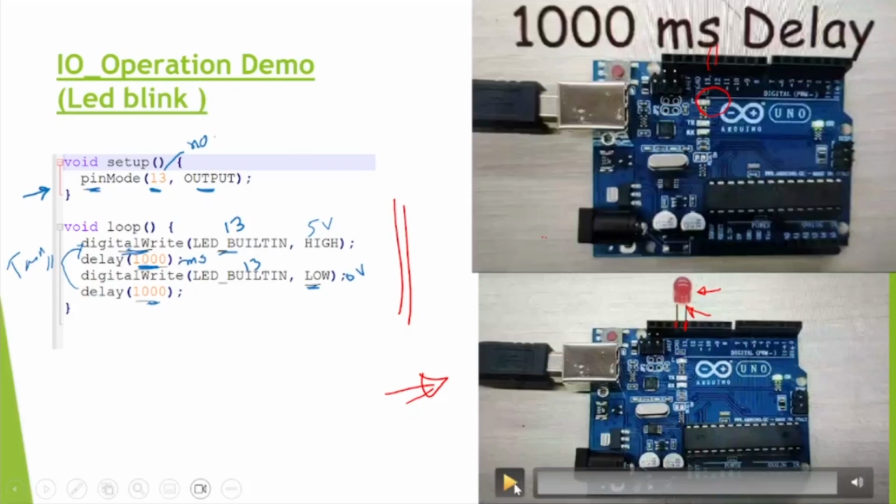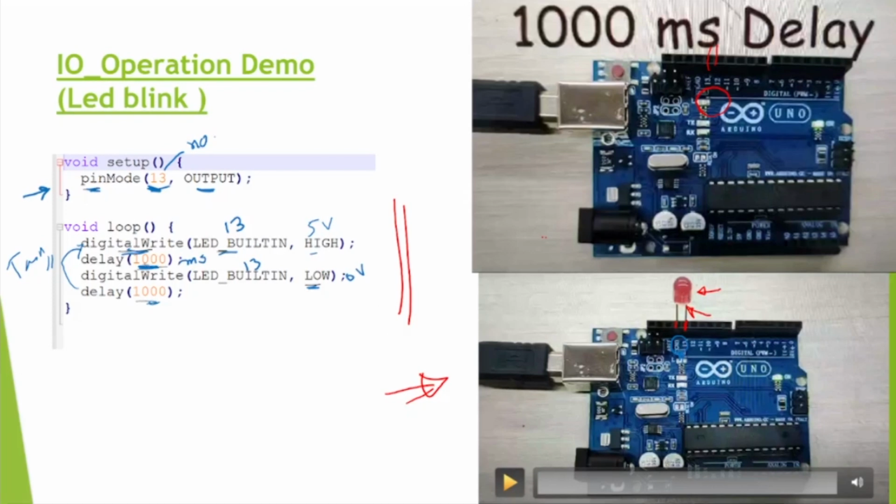So we are telling the microcontroller that we are connecting it to pin number 13. You can see there is pin number 13 there. If you look very carefully, it's pin number 13. One wire is green, pin number 13, the other is in ground. So it understands that pin number 13 is connected to an LED. Then on this pin number 13, I make it high. That means I give 5 volts. So the bulb starts glowing.